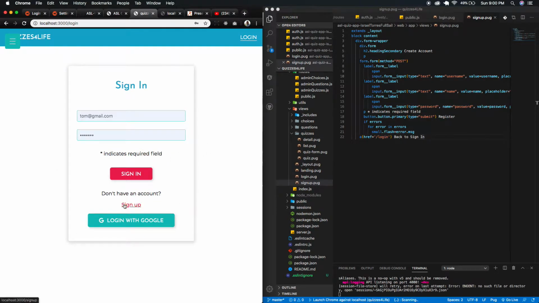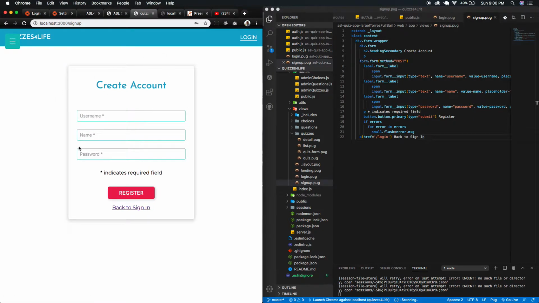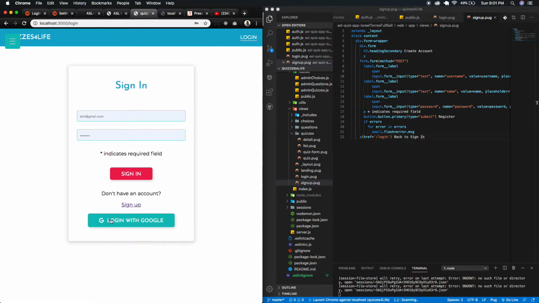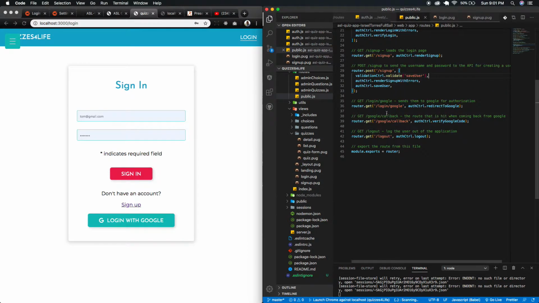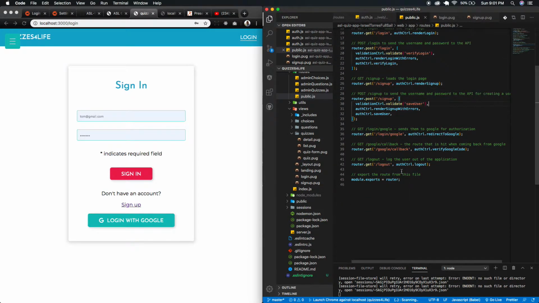Also I have created this sign up form if the user doesn't have any account, and I have created the option to log in with Google with this provider. I create my pages using my engine, and I have created my routes into my project